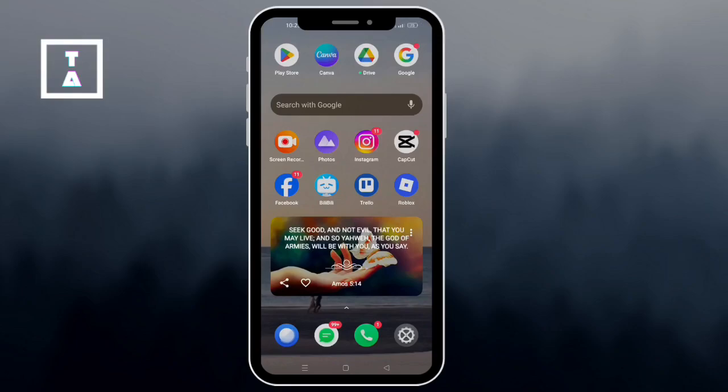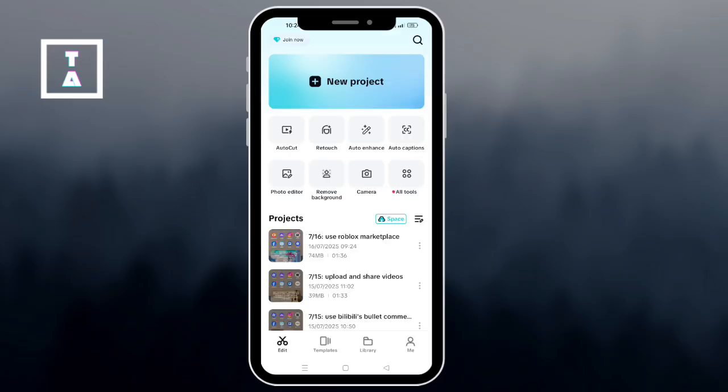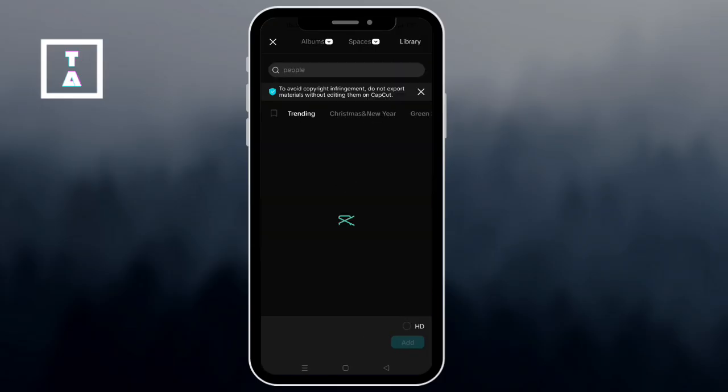Hey everyone, want to give your videos a cinematic blur effect? Here's how to use the depth effect in CapCut. Let's get started. First, open CapCut and here tap a new project and select a video clip from your